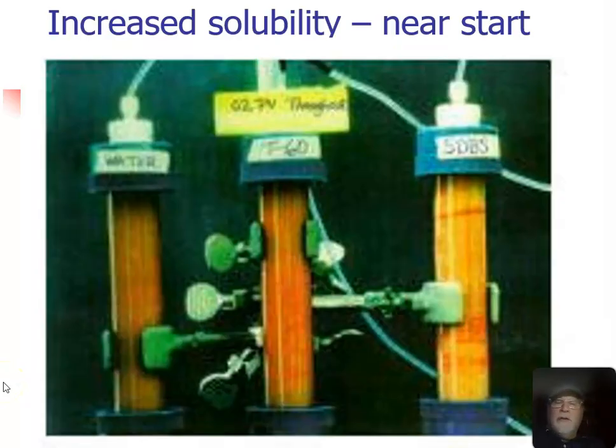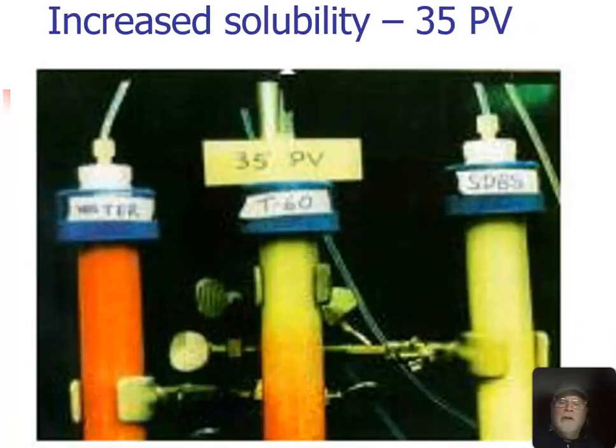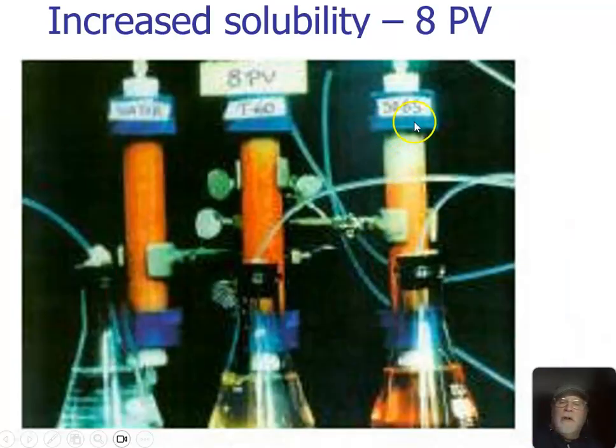So I did these tests. These are tests I did years ago where I have PCE, tetrachloroethylene, stained red in these columns. I'm going to run water through it and then two different surfactants. And you can see the surfactants are different. It's dissolving out. So after 8 pore volumes, so I take the pore volume of this column and 8 times